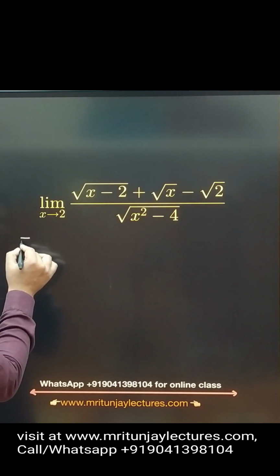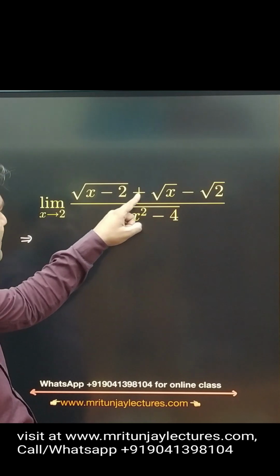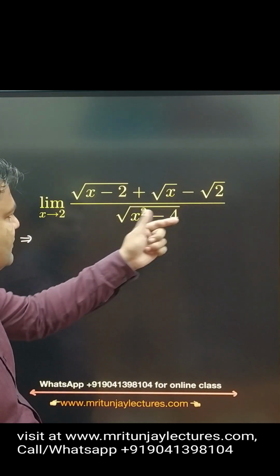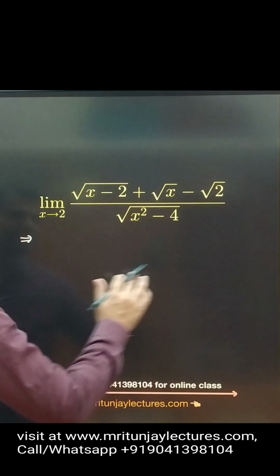Now our motto is to determine the limit as x tends to 2 of (under root x minus 2 plus under root x minus under root 2) divided by under root x square minus 4. So how can we do it? First of all,